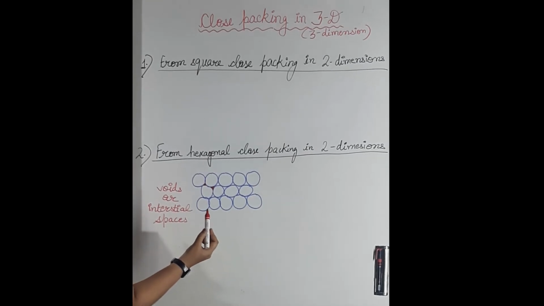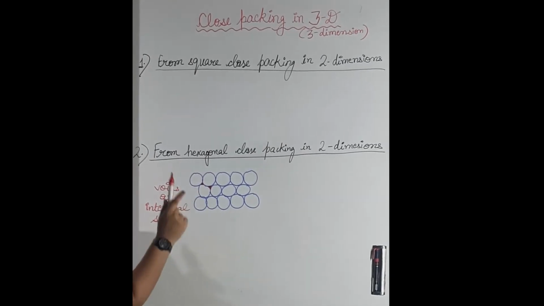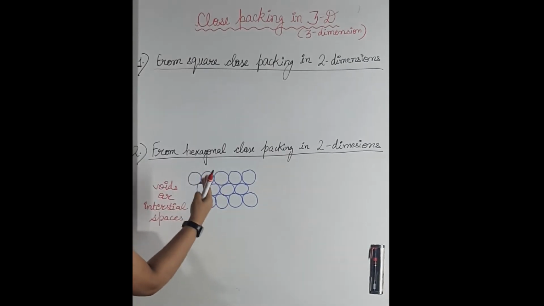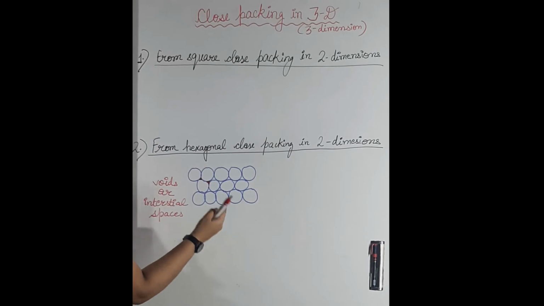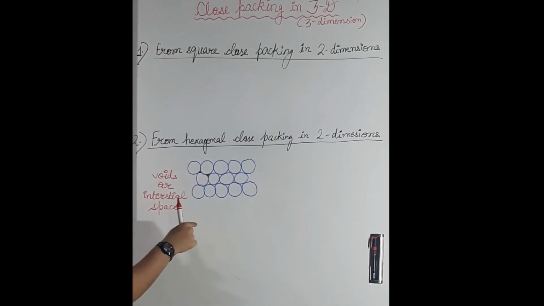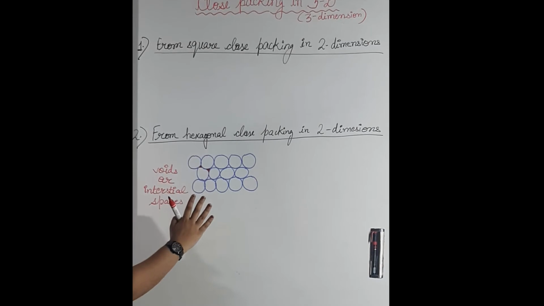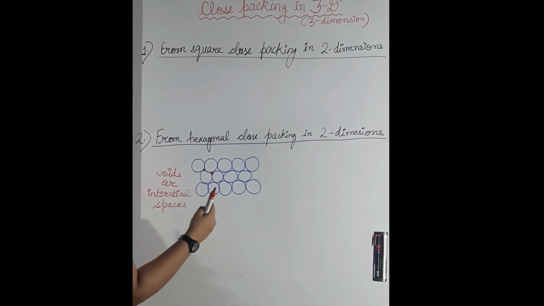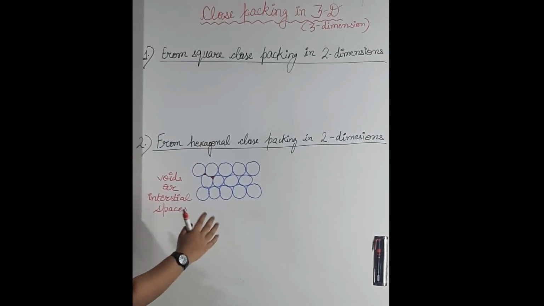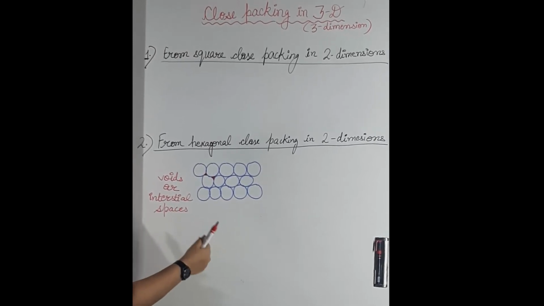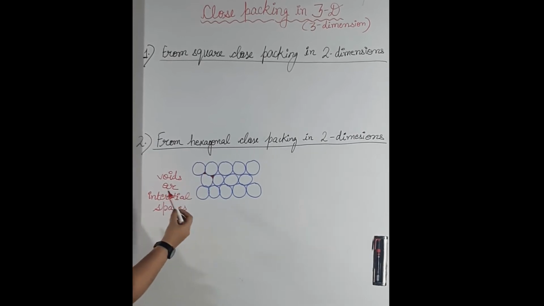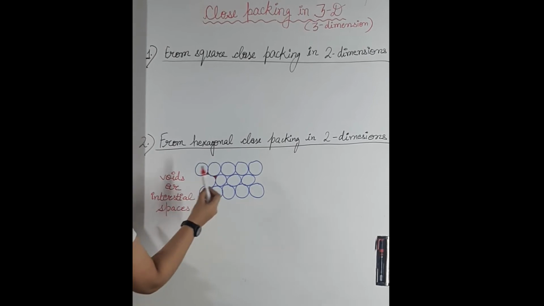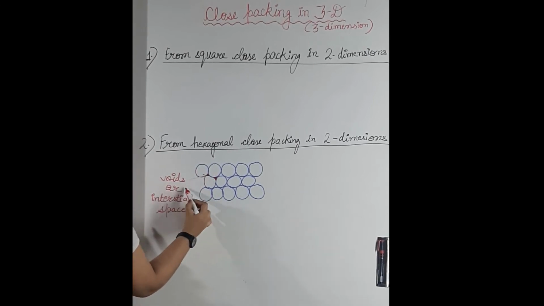When the second layer is placed over one type of void, 2 new types of voids are formed. A simpler triangular void which is surrounded by 4 spheres, called a tetrahedral void, and the double triangular void which is surrounded by 6 spheres, called an octahedral void. This we will look with the help of bangles as well, and also with the help of a diagram.